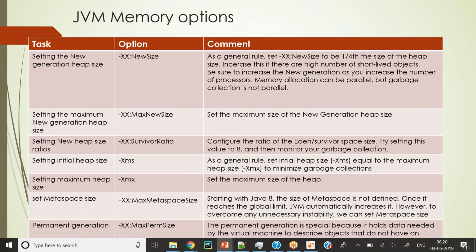After that, most of our sessions will be hands-on sessions, so for that we need this setup on your system. It's good if you set it up today itself, because for the upcoming sessions we will need this system to be working.